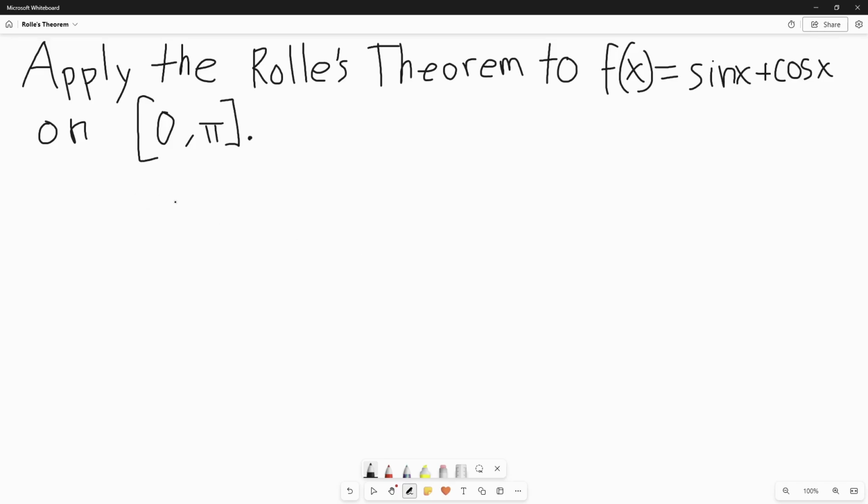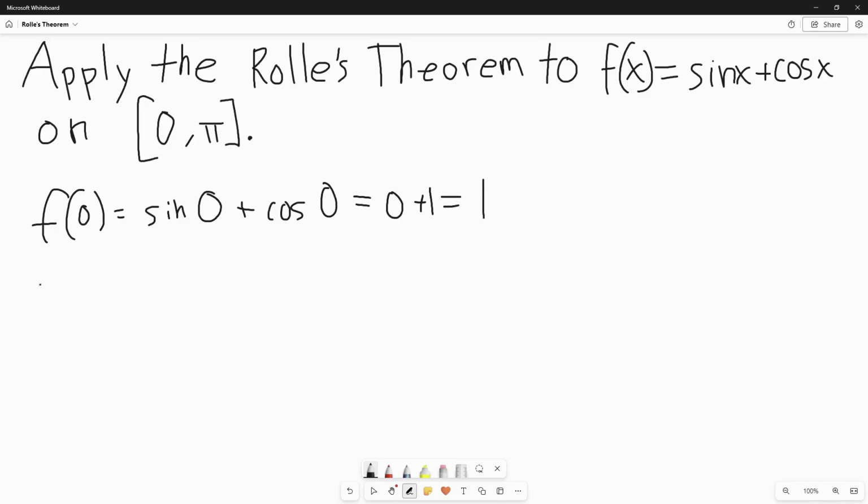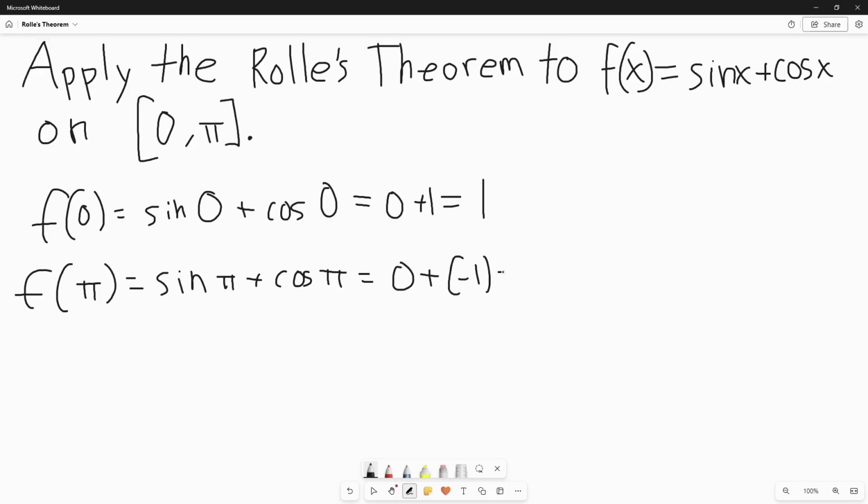And as always, we need to see if f of a is equal to f of b. This time a is 0, so let's find f of 0. It's just sine 0 plus cosine of 0. This is equal to 0 plus 1, which is 1. Now let's find f of pi. This is sine of pi plus cosine of pi, which is equal to 0 plus -1, which is equal to -1. And look, you can notice that -1 and 1 are not equal, which means that f of a does not equal f of b,